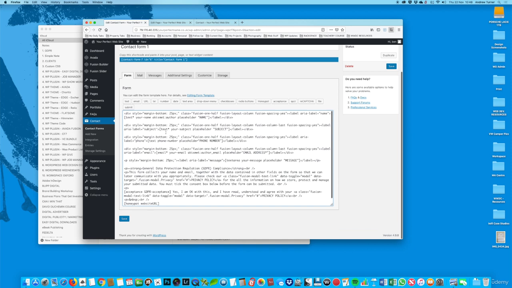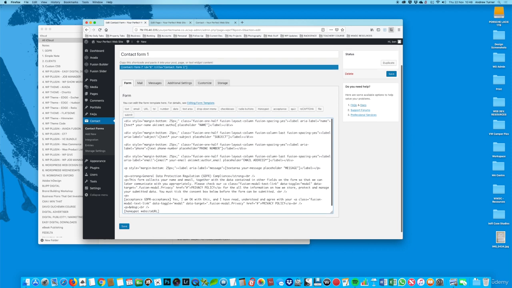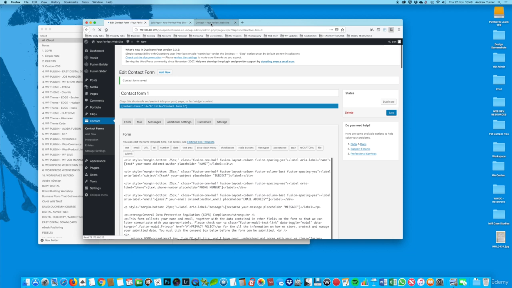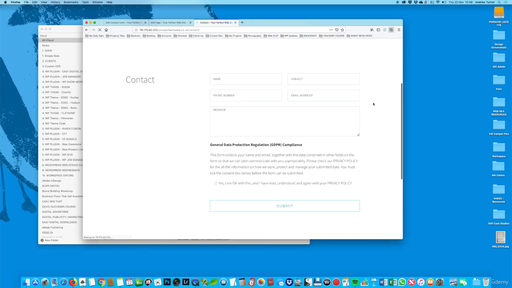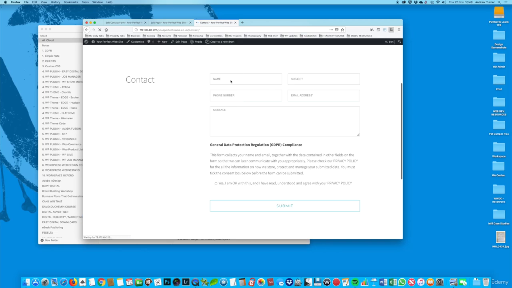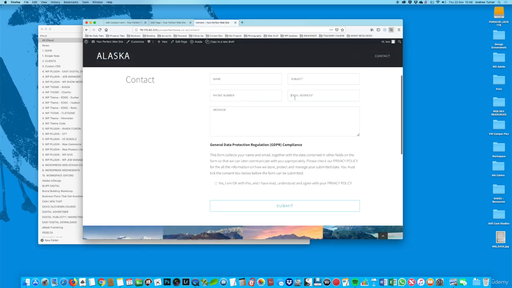Now what this code is doing is it's creating some columns within the form itself. So if I now click Save and I refresh this page now, you'll see that the form itself is still there, but it's changed in terms of the formatting of it. Okay, so now I've got name, subject, phone number, email address and message. So the top two sections are in columns, next line is in columns, and then I've got one column for